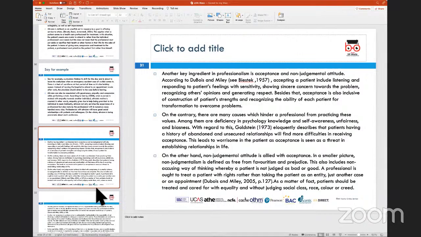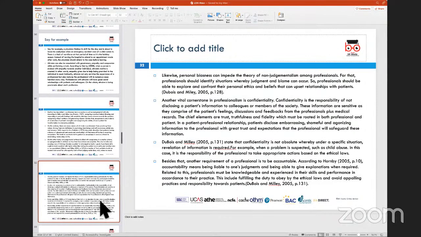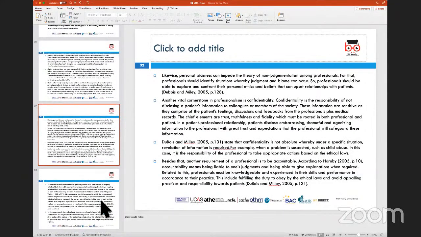Now, when you work with other colleagues, other peers, and you work in multidisciplinary teams, you respect others' privacy, independence, decision making. This is also showing and exhibiting professionalism at your place of work. Professionalism can also be shown when you are adhering to standards, when you are delivering your